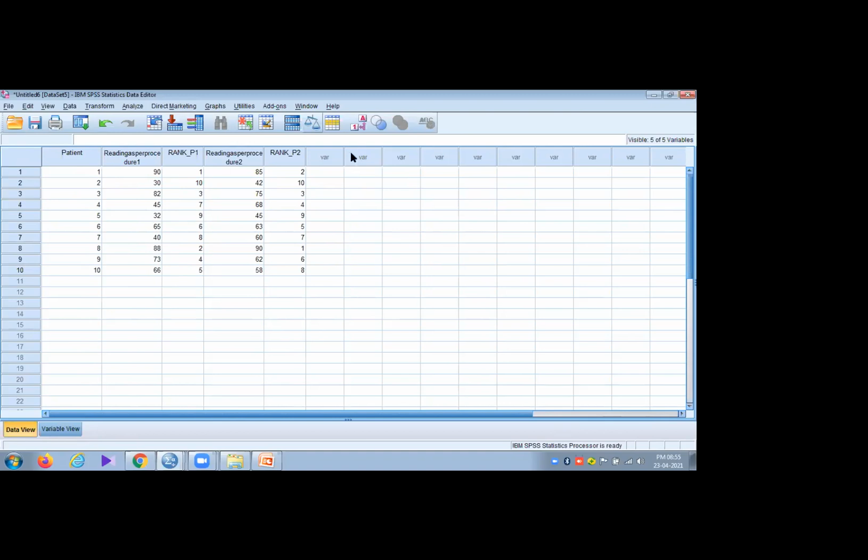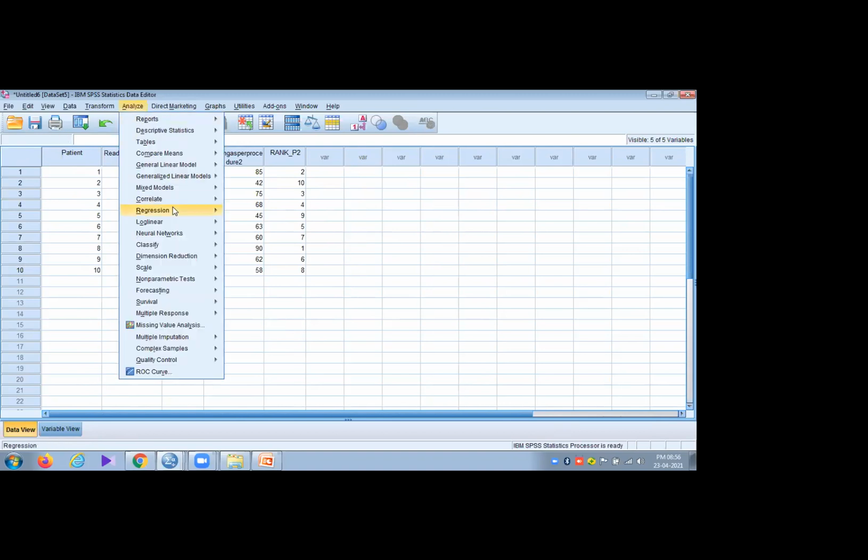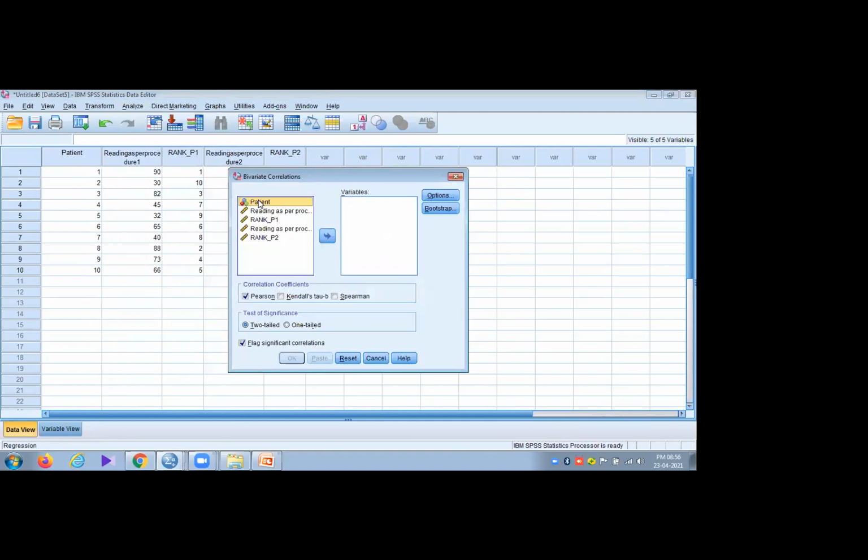So if we want to compare and find the correlation between these 2 ranks, we should use Spearman rank correlation. For that, we need to select these 2 and take the option Spearman rank correlation. Put OK.